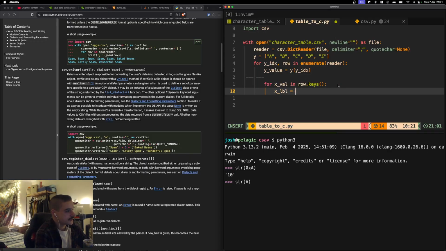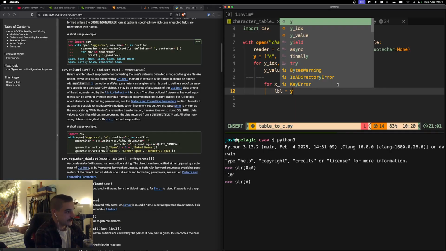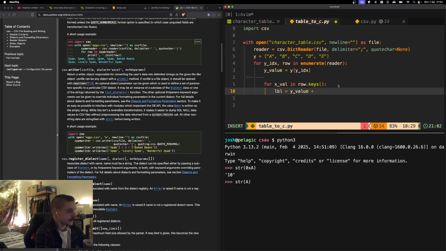So let's just call this our regular label, is y value, which we know is a string. Well, y value is in it, but what we actually want to do is take xval and just the last character of xval,